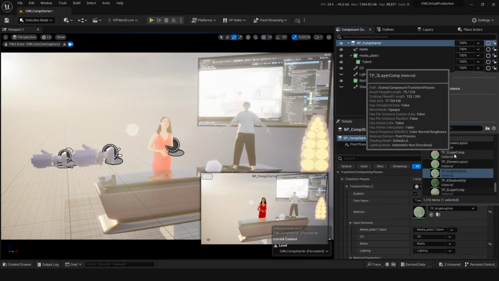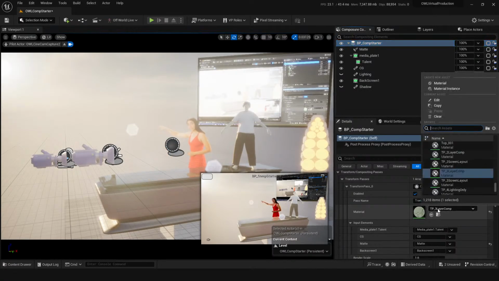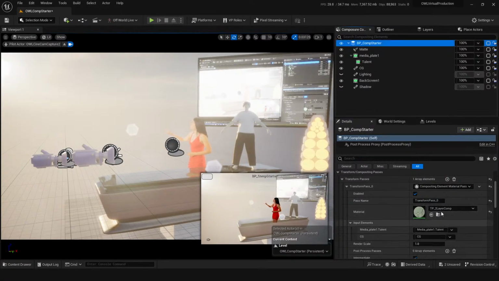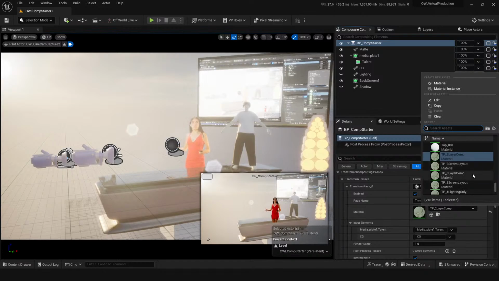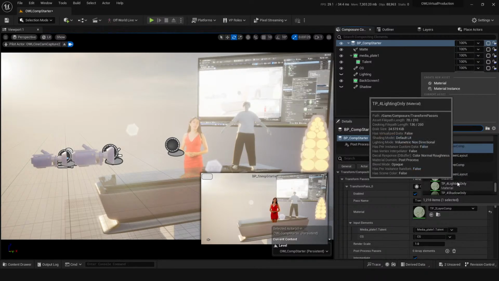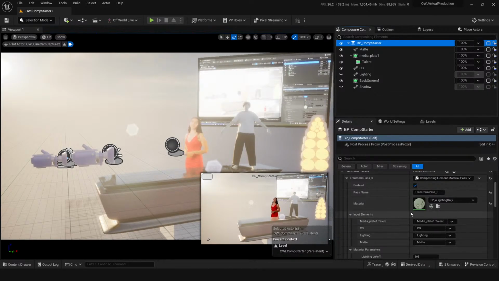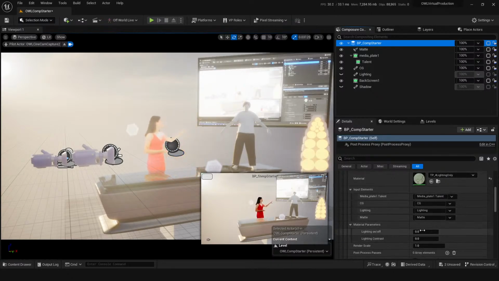So it might start off on a simpler one, like the 3-layer comp or 2-layer comp, but we want to go to lighting only or something like that. And then I have these sliders for lighting on or off. So if this lighting layer is hidden, you can have it as off, because if it's on while it's hidden,